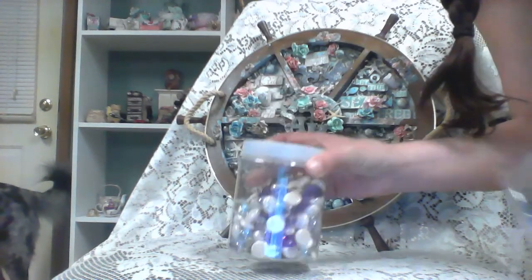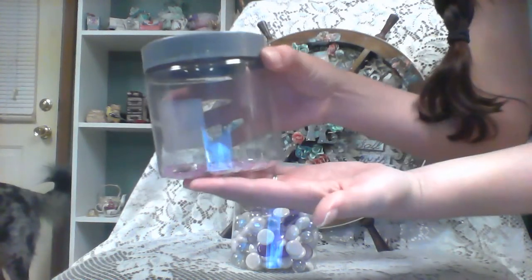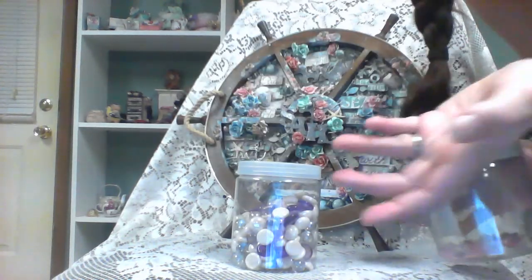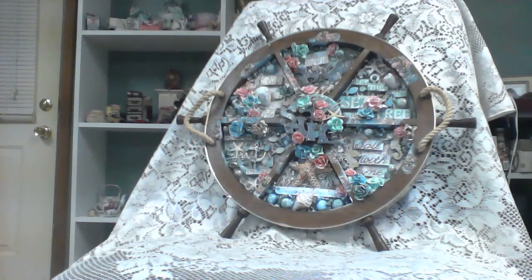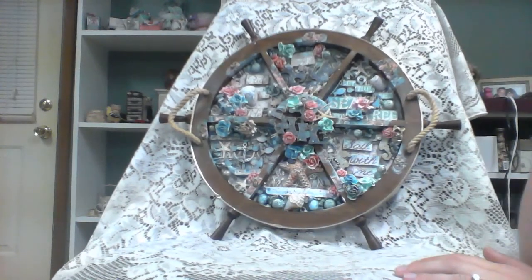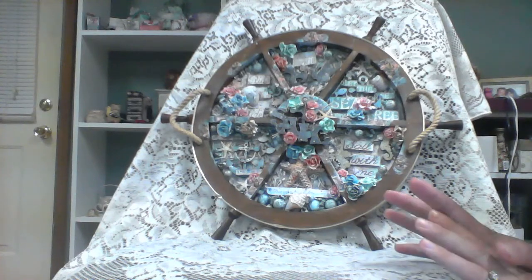I used some of these, and then I don't really have that much left of these, and then some of these. It really doesn't matter what color they are, because in the end they're going to get covered up with gesso and sprays and whatever colors you're going to use. So basically I adhered everything down using either Fabri-Tac because it works really well, Mod Podge,